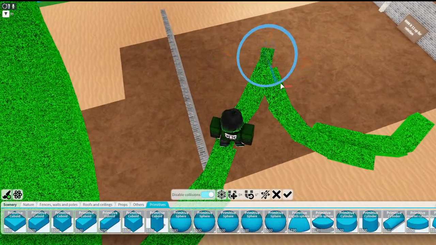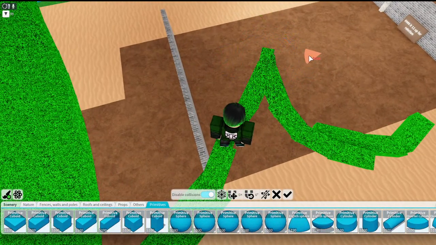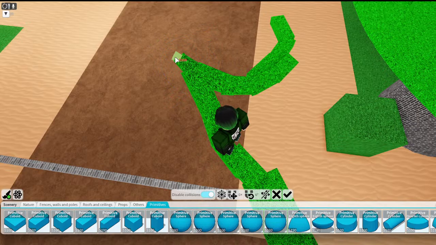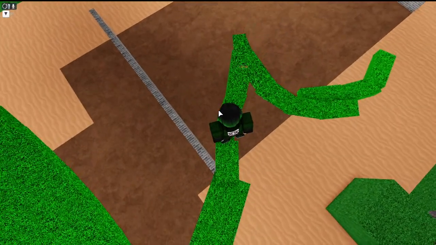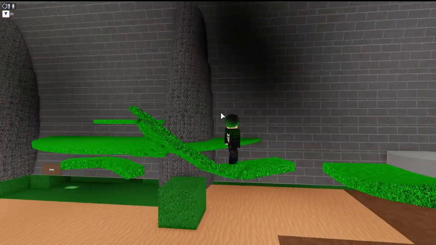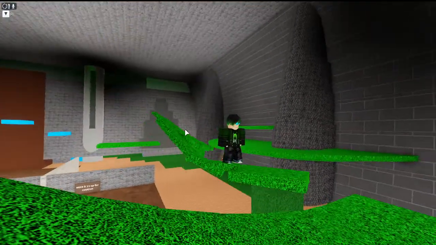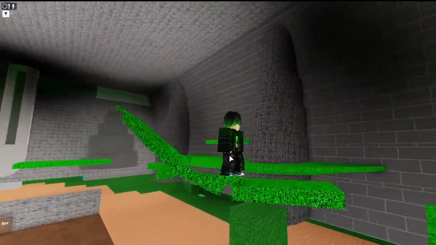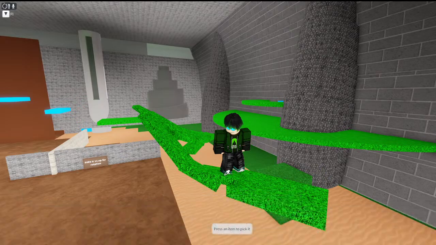Perfect. So now, you can build it like that. So now it's kind of like a flap, you know? You can go up it if you really would want to, for some reason.